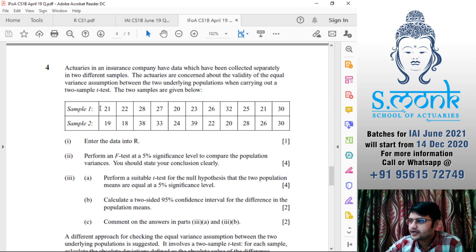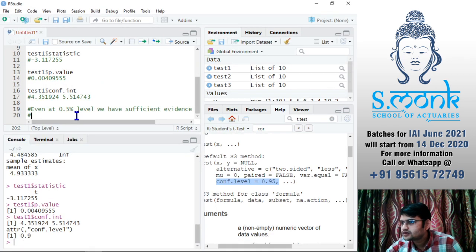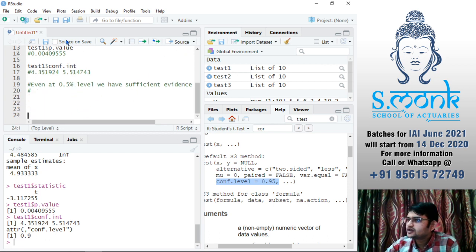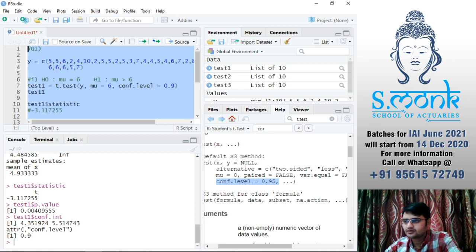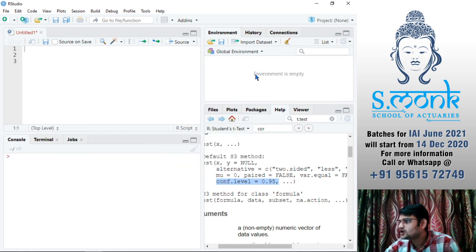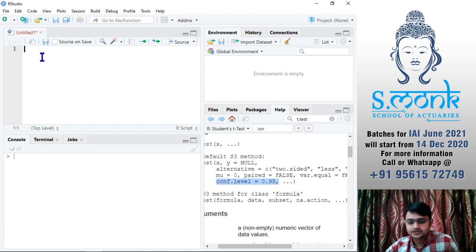Similarly, let's do 2 sample t-test. In 2 sample t-test, this is the sample. Let's write that down in R. I'll just copy this so that I have something here. After every question has been copy pasted, just clear everything, so that there is no conflict, especially with the things written in the global environment or the variables that you have used.